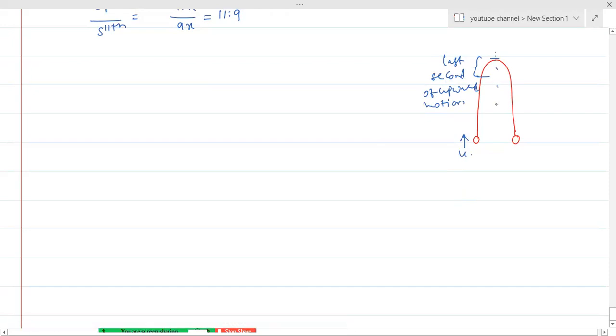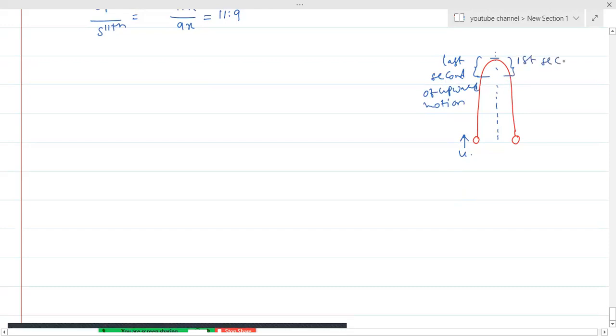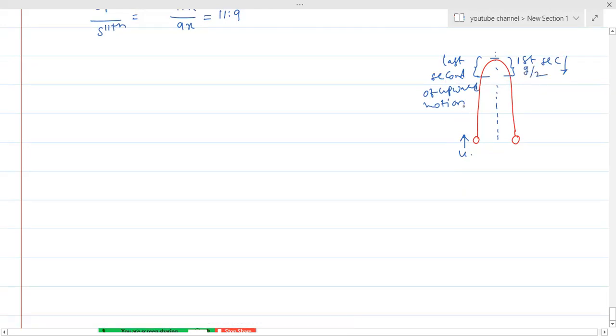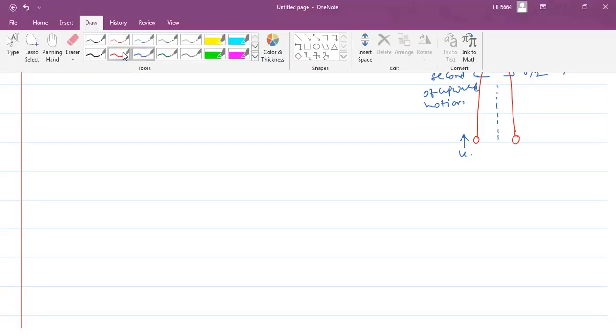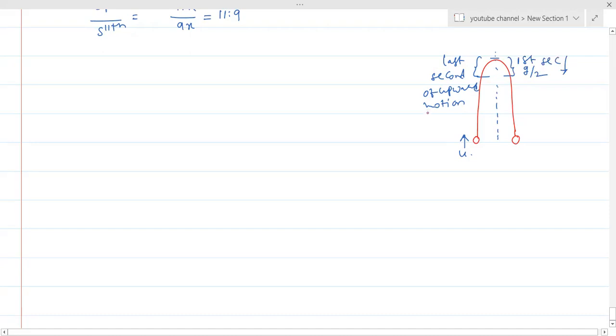of the mirror image. Left side question adigaru kabatti we will think of the right side. So that means we will think of the first second of downfall. We know that in the first second of downfall, the body covers a distance g by 2, because it is the distance covered by the freely falling body in first second. So therefore, the distance covered in the last second of upward motion is g by 2. So in this way, we need to understand.